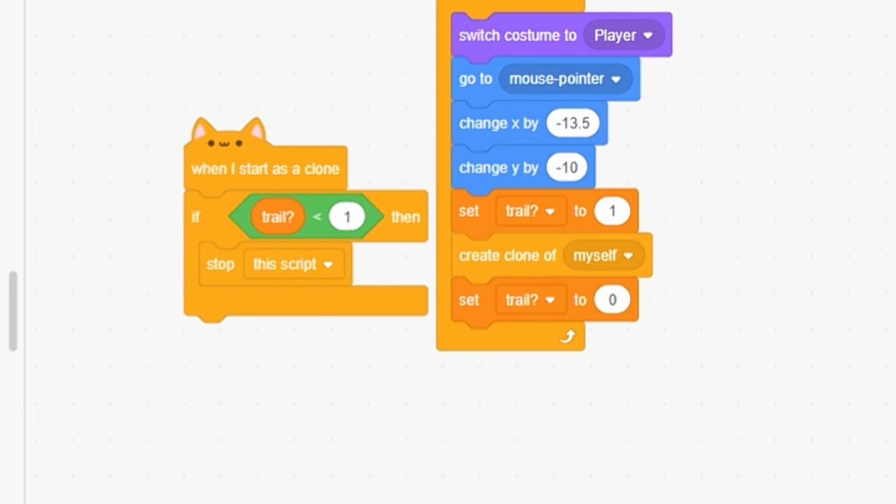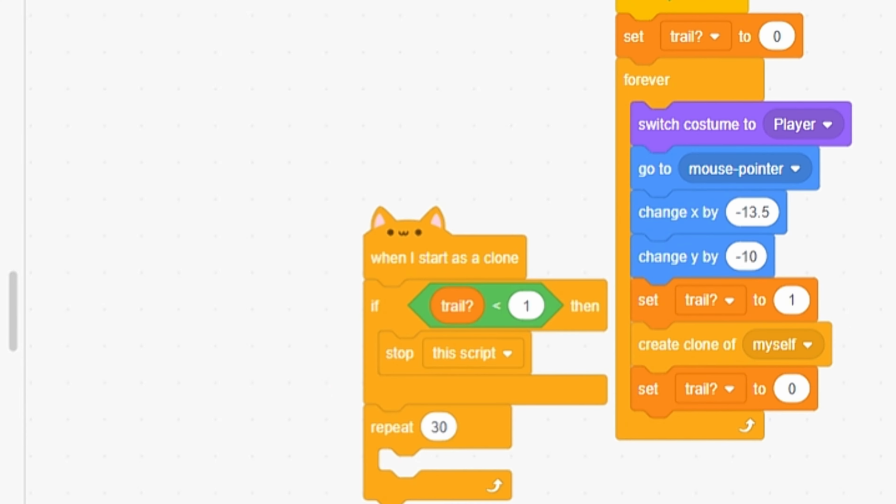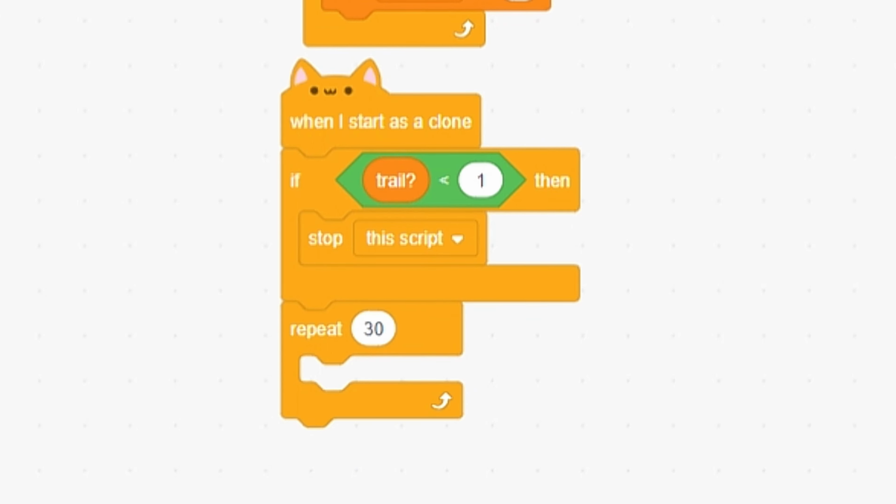So now we will repeat, and this is how many frames. Scratch runs on average 30 frames a second, but it depends on your computer. For me, it runs at 60 frames a second. So I want to do it so that for half a second it'll show. So that's 30. Okay. Or you could just do